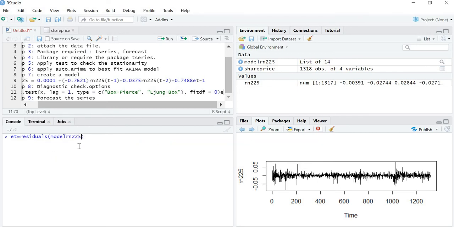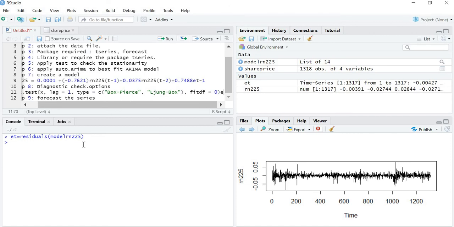How I got this model, please go to the previous video to understand how this model is created. Now see, the vector is created with the name ET, and I have stored the residuals in ET. You can write any name, XYZ, whatever you want. Now let's do the diagnostic check.